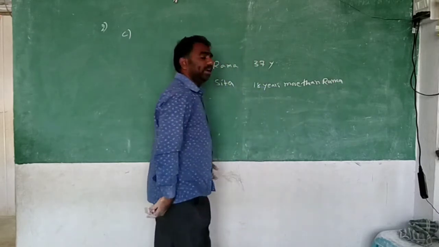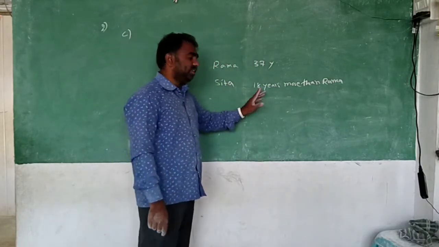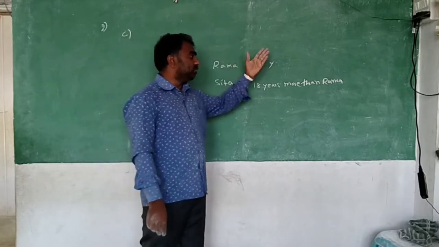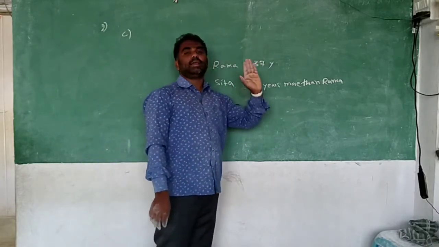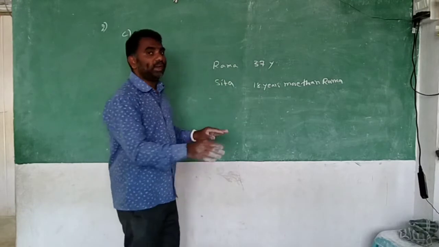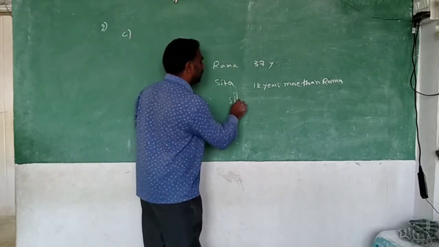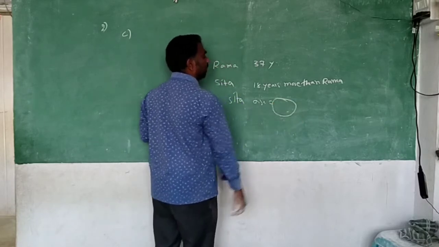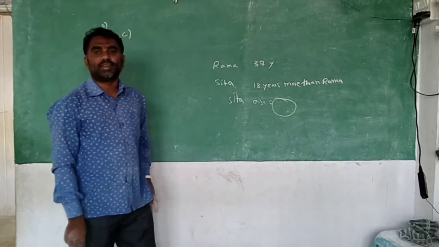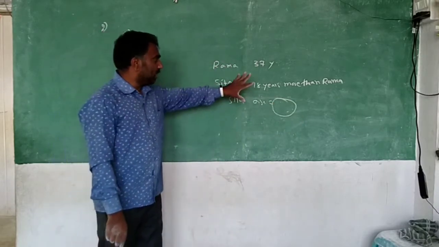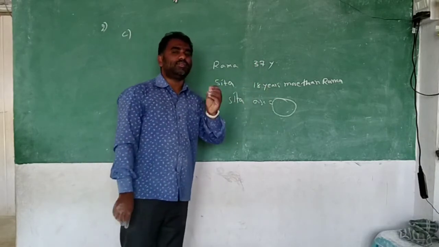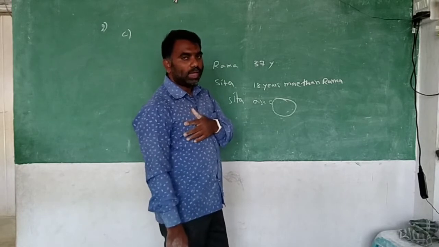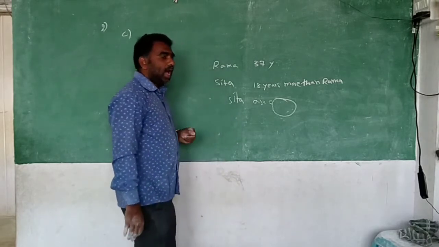So I think you understand now. Sita's age is not 18 years. Sita's age is 18 years more than Rama. So now you need to find what is Sita's age. That is the question. If you are not understanding here, I will say one simple question to you. Listen to it carefully. Okay? Now you see,